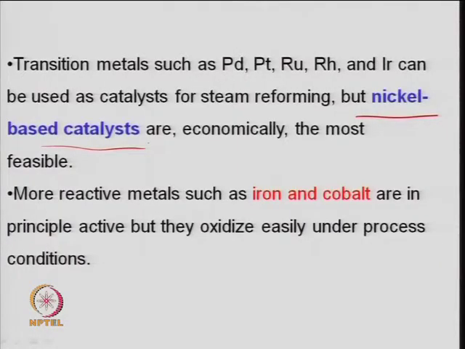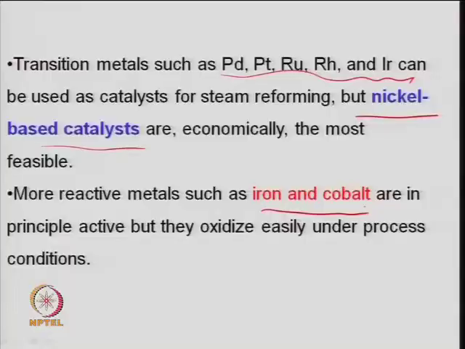So, now reforming, the most common catalyst used in the reforming is nickel based catalyst, right. This is one of the most common catalysts, because it is economical, right, and available also, but palladium, platinum, ruthenium, rhodium, iridium can also be used, and they may be more effective. In fact, even a low concentration of these materials may be good for catalytic activity, and that is what is being looked at nowadays in order to have a highly efficient reactor, or if you want a small size reactor, you need a more active catalyst, where the size of the reactor can be reduced.